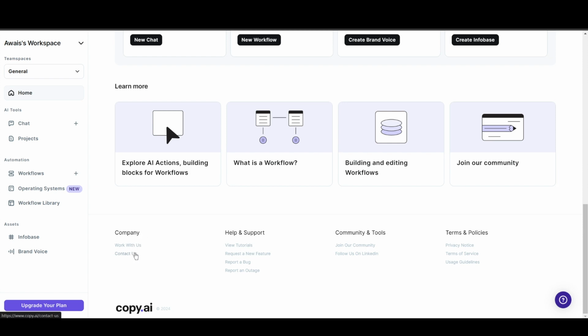I guess they removed the feature of affiliate program from their website, as most people cannot see the affiliate program option in the company. It used to have an affiliate program button just like this contact us and work with us option. So right now it is no longer available, but if you have the affiliate program button available, you